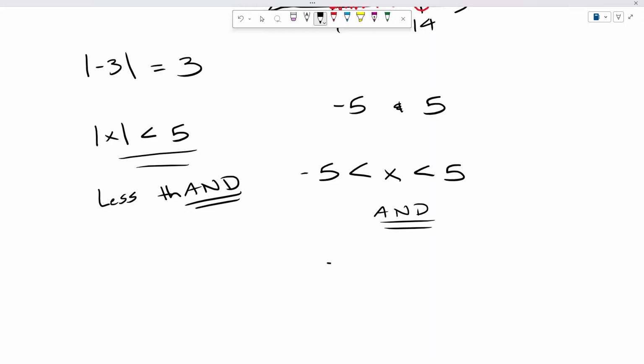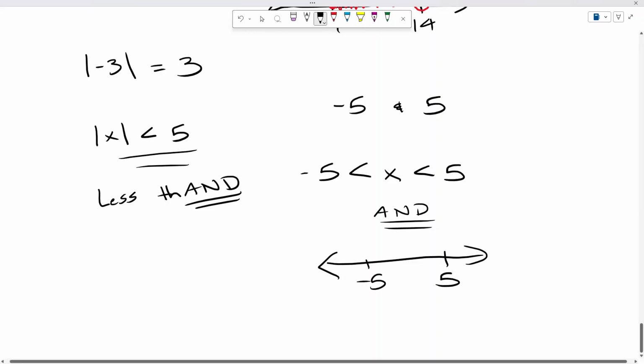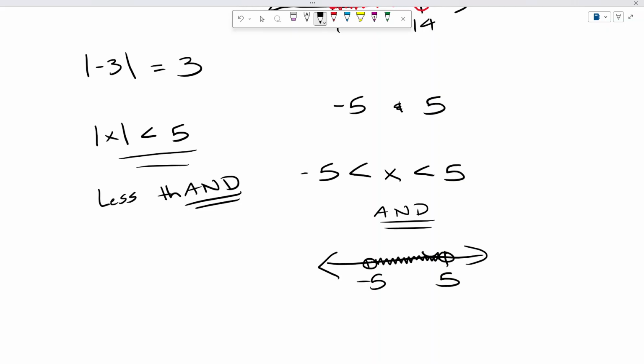On a number line, because if we graph this, we'll have -5, 5, and then we're saying it has to be less than 5, but greater than -5. All right, so everything in between here, the -5 and the 5, not including those values, will get us just what we're looking for, fewer than 5 units away from 0, because we're talking absolute value. So when you see less than, think less than, and we're going to have it sandwiched between two values,